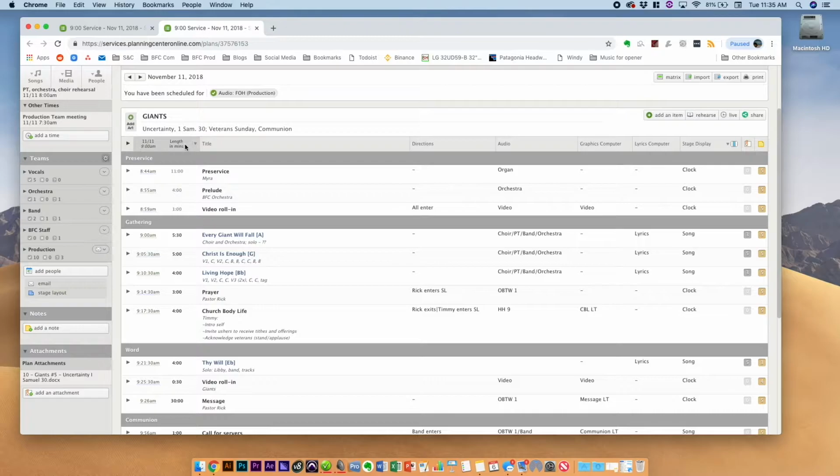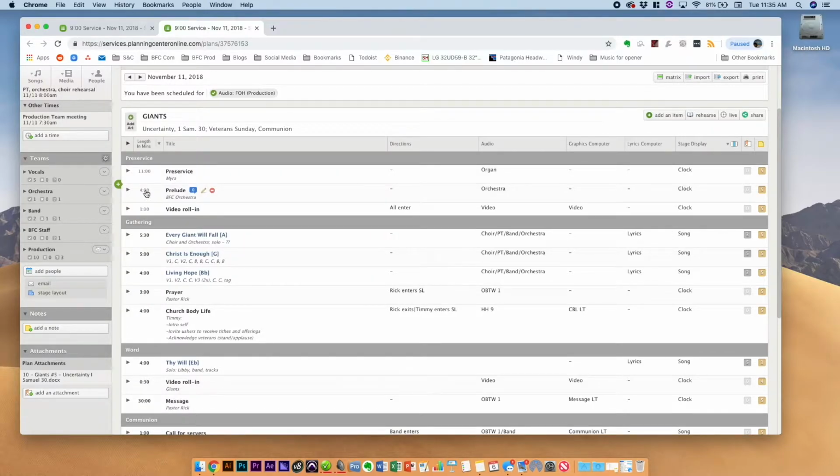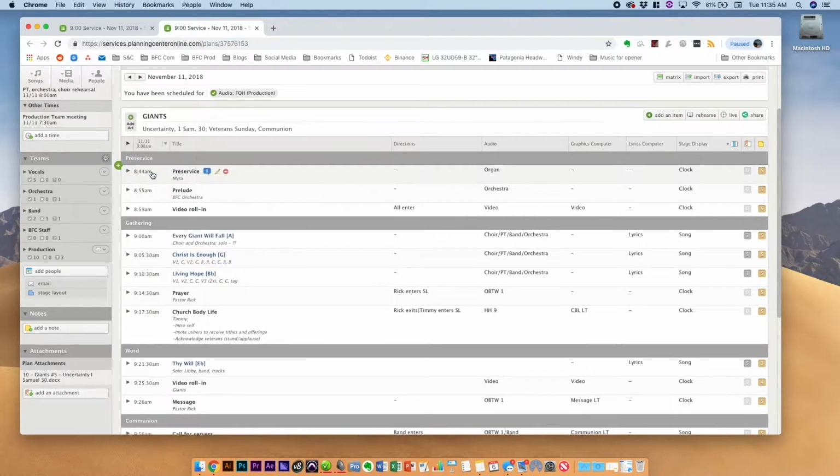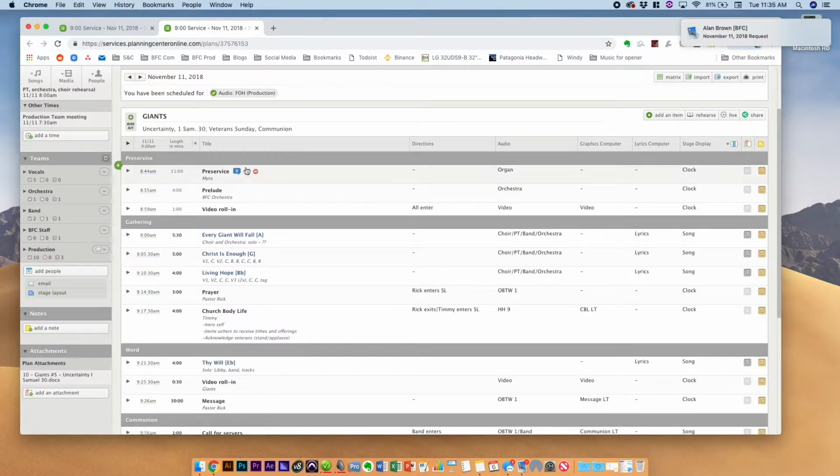Over here in this section, you can see either the time that we expect it to be whenever these things are happening, and how long we're expecting them to be. You can change that here. You can either see just one of those two or all of them. Like that's just length in minutes, this is just the times, or both. And also after a service is done, if we've done the live timing like we would like to do, then you could also see the actual times of when things happened. So anyway,